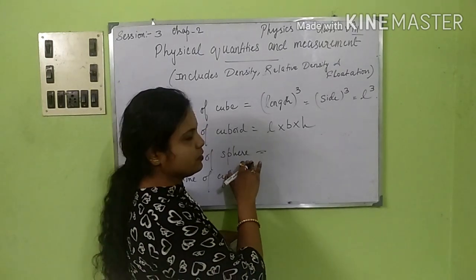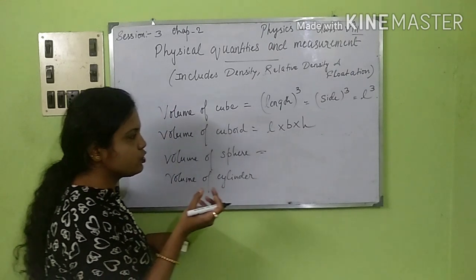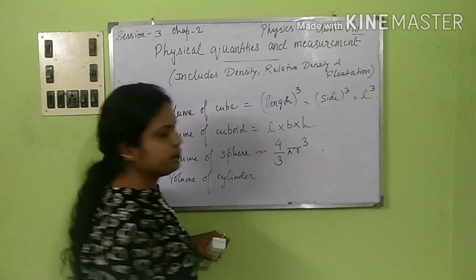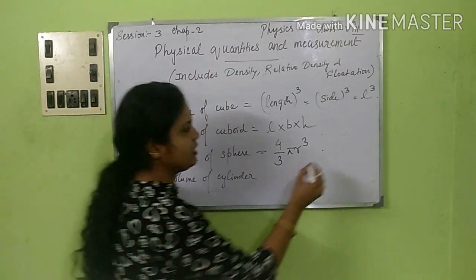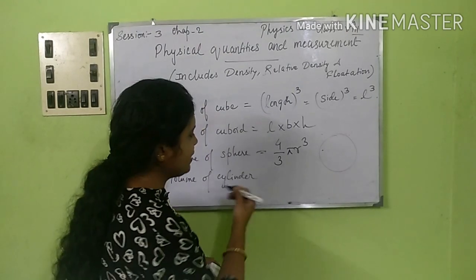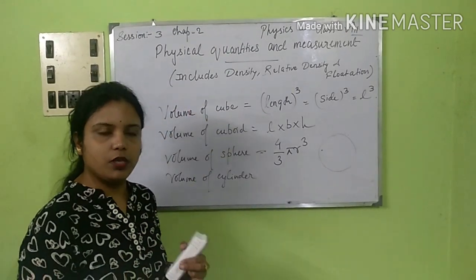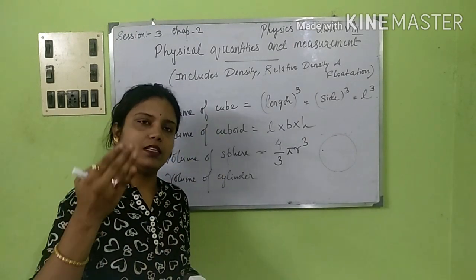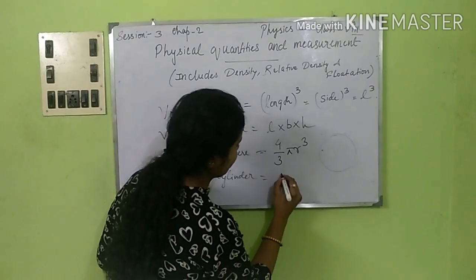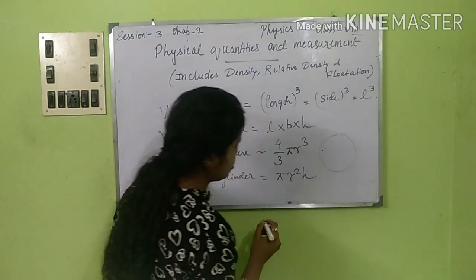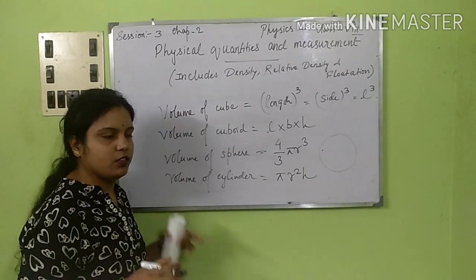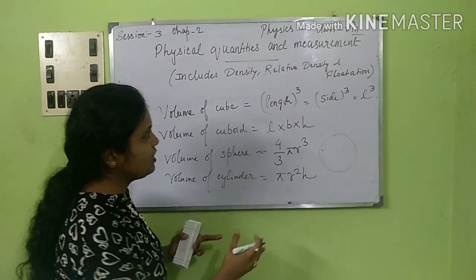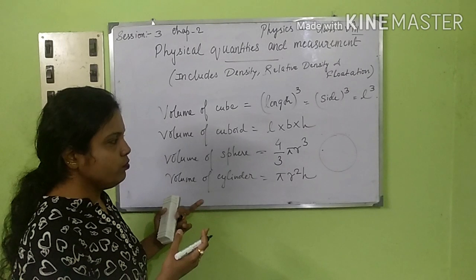And then comes a sphere. This is a 3D form of a circle. So we get the sphere formula as 4 by 3 pi r cube. Because it doesn't have any height, it is almost like a circle. And as for your cylinder, you know how a rod looks. It can be open from the two ends, closed from two ends, open at one side, closed at the other, and so on. So cylinder will have pi r square h. R is the radius of whichever material we are taking. If it is a rod or something, it is the radius of that particular one. So these are the formulas of the volumes which we use.